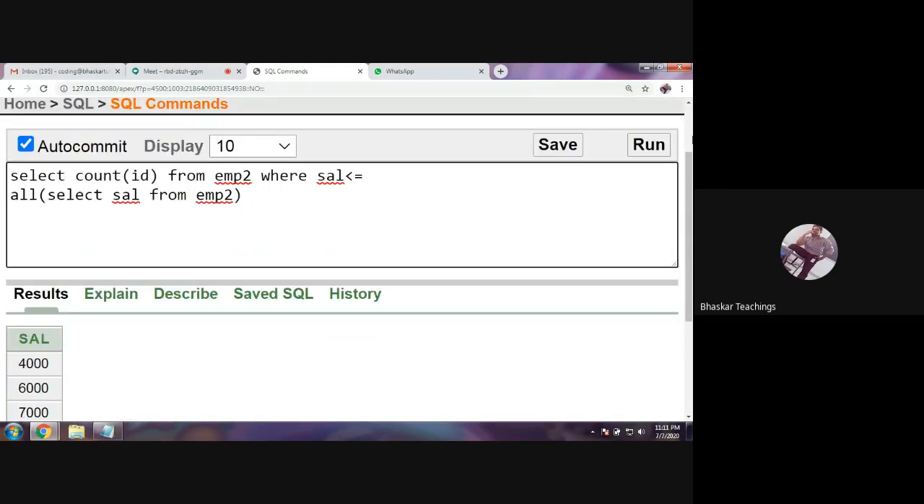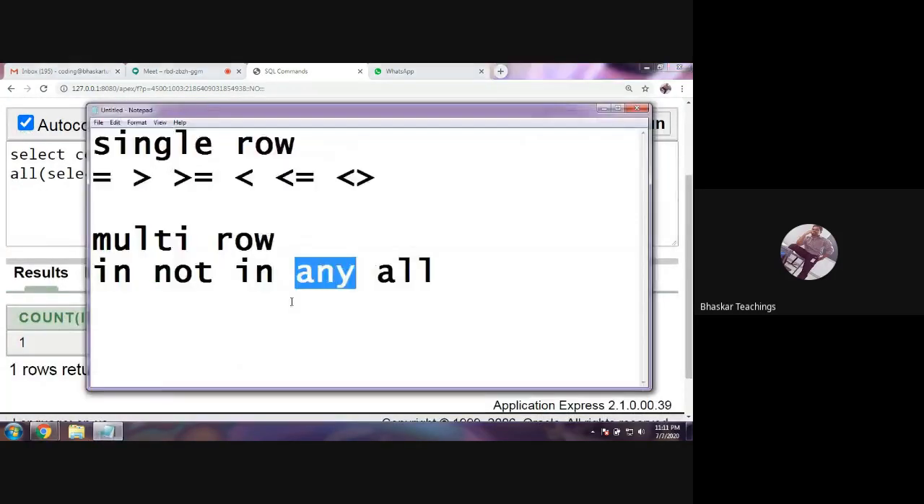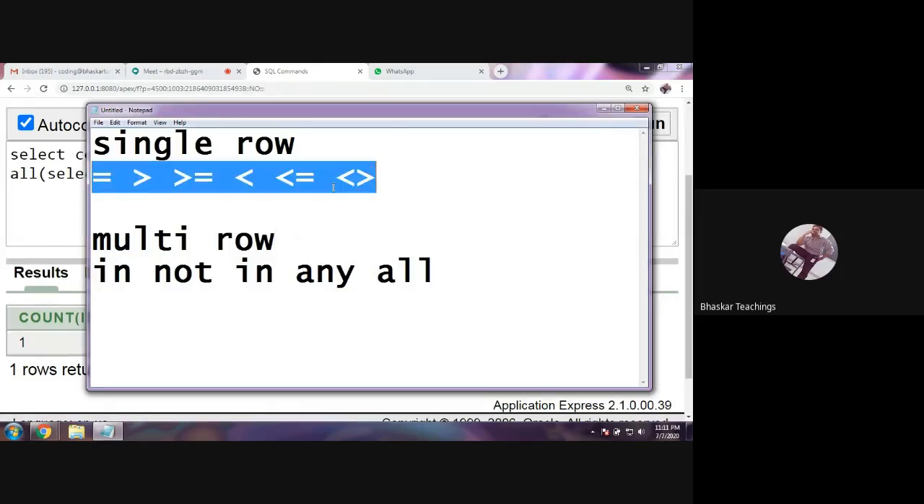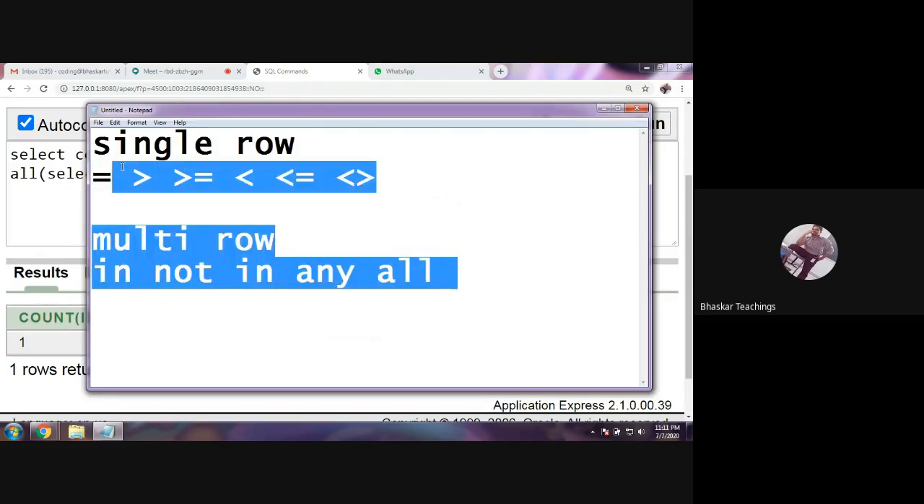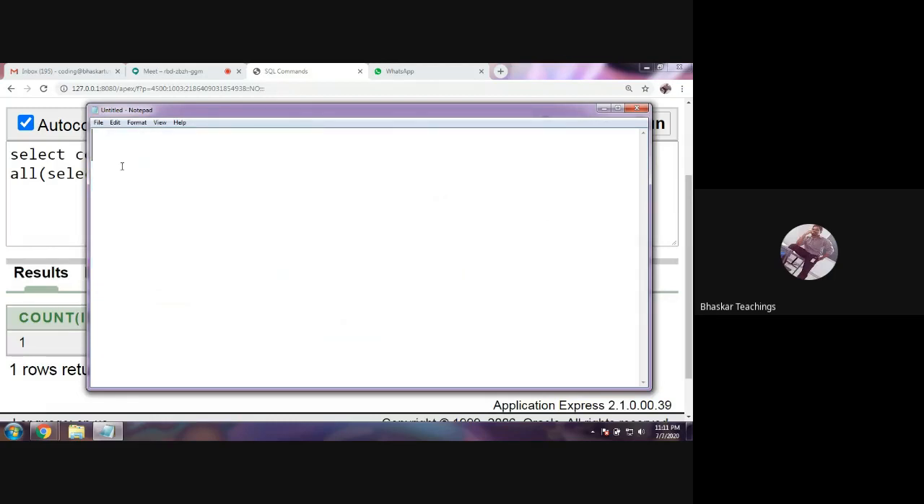Okay, that's it. So this is how ANY operator and ALL operator is used. They are used with the multi-row subquery, and these comparison operators are used with single row subquery. So we have covered all the examples with these operators. Now let me move to the next topic. The next topic is,